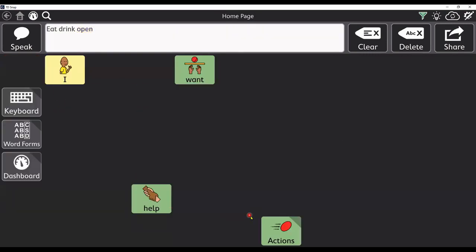I'm going to want to work with the student and model these words several times, not requiring the student to touch the word, but giving them opportunities to see how they can be utilized. I may then start to utilize my prompting hierarchy in order to get the student more involved in activating those buttons.